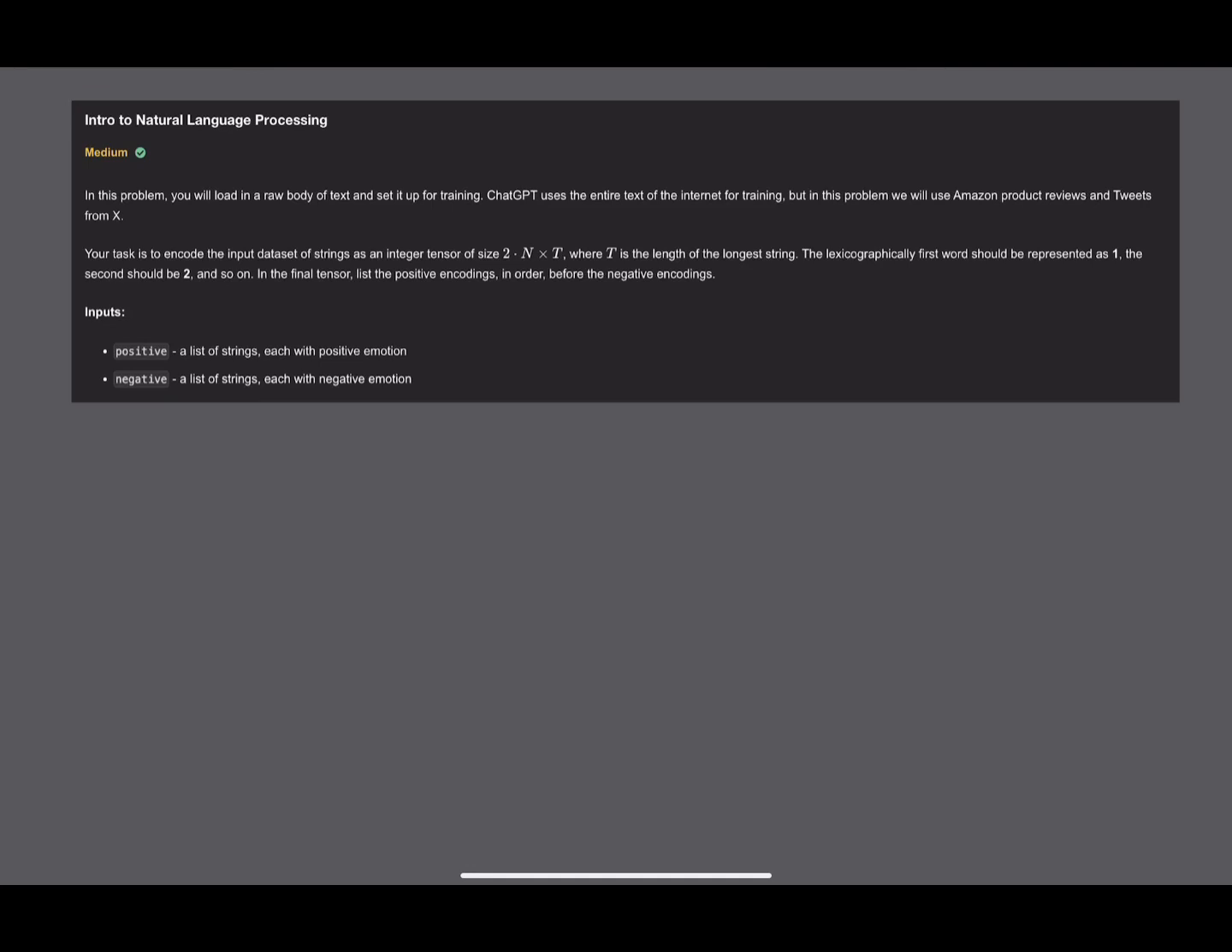Let's solve Intro to NLP, or Natural Language Processing. This is actually our first problem on NLP, and this is going to be really exciting because now we can finally get into the application of neural networks. Our examples and our problems have been maybe a bit abstract so far, but we're finally ready to jump into